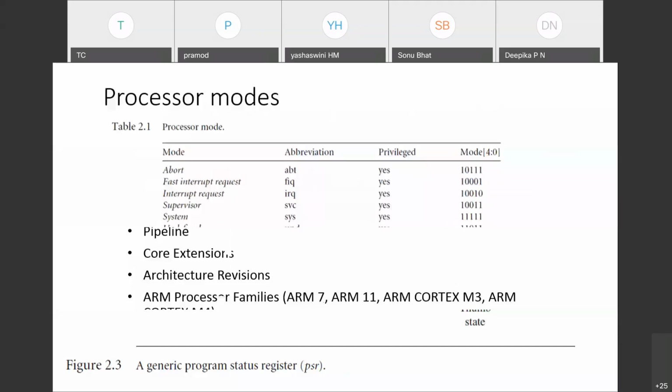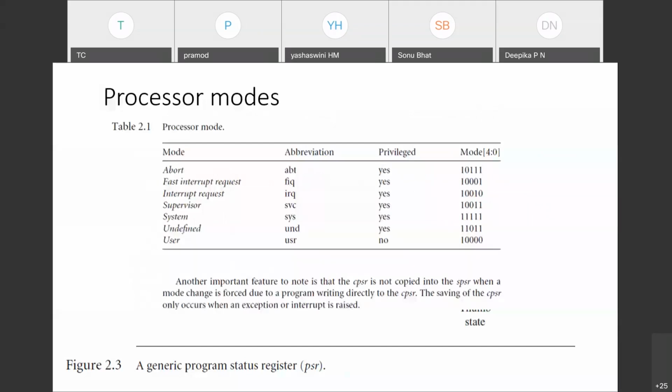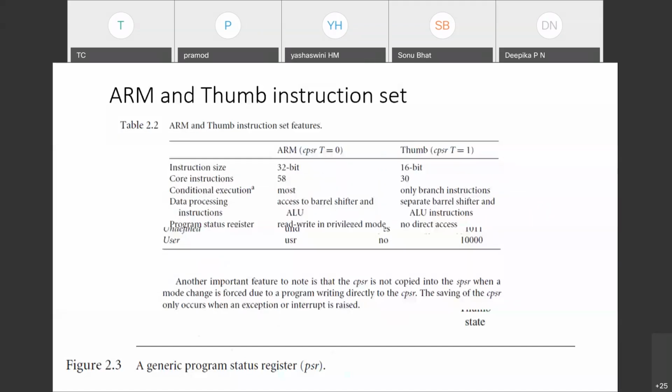We explained how it works in the last class. We also said that in the CPSR register, the fifth bit represents whether I'm using the ARM state or the Thumb state. If not both, I need to check the 24th bit, which is for Jazelle.